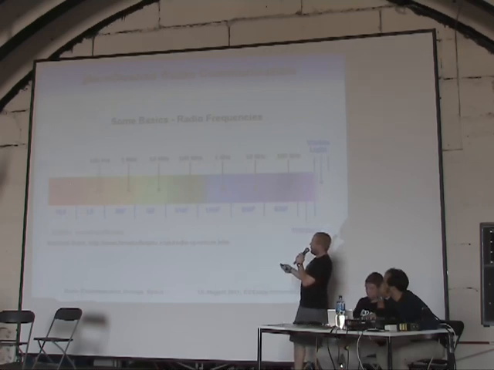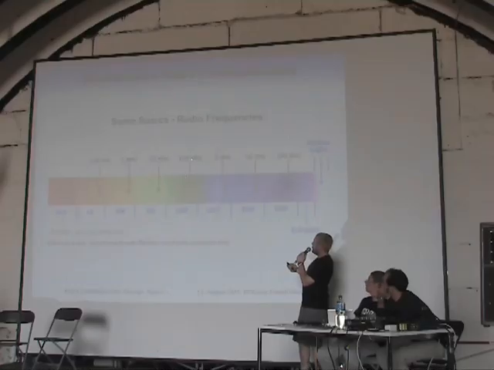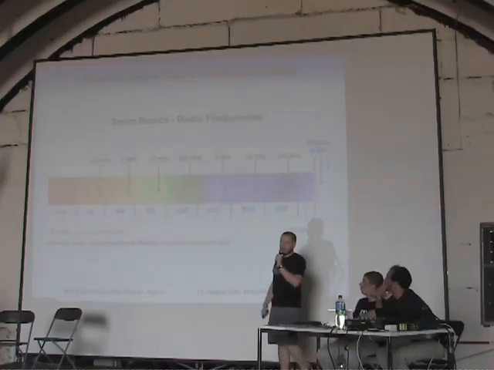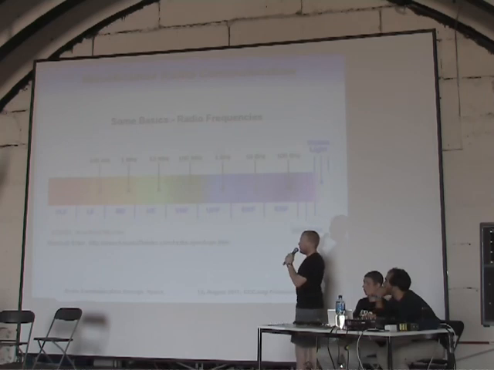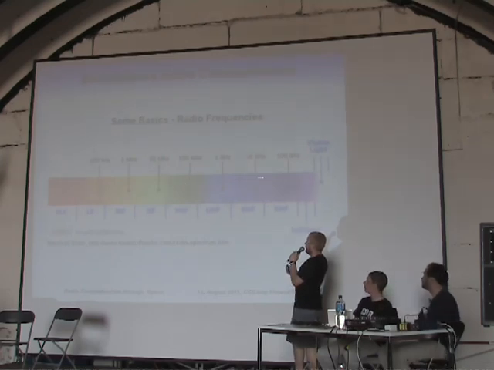This is where amateur radios usually operate, shortwave frequency. There are also some shortwave radio stations. Not so interesting for moonbounce because the signal usually doesn't leave the Earth, so it stays within the ionosphere. Here it's more interesting, 100 megahertz. You might know that. This is where your FM radio works, so it's much more interesting, and also these signals can leave Earth and travel into space. For moonbounce, you use signals from here upwards. So we, as you can see later, will be in this area as well.